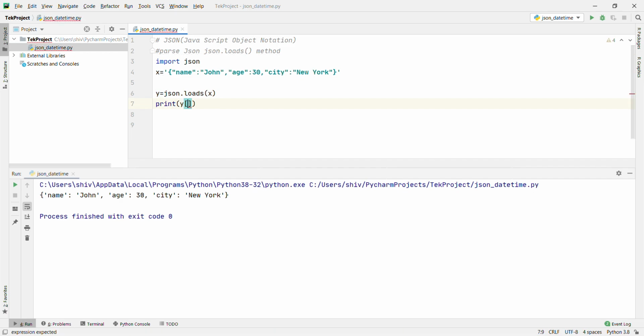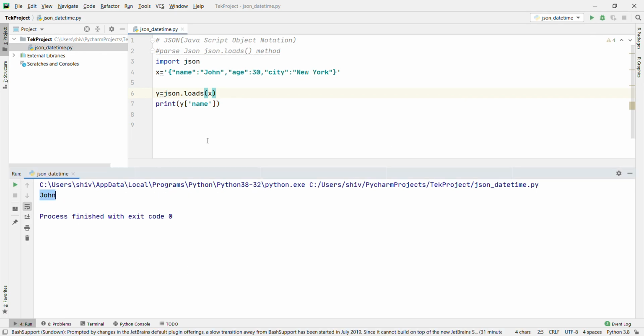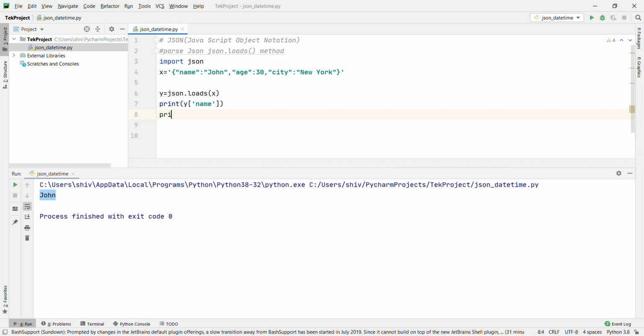Now if you pass name here and run, it will print John. Same way, print y of age, it will print 30, print y of city, it will print New York.